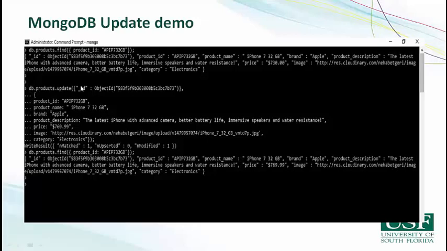In case we do not use this specific unique ID while updating the product, it will create a totally new entry with the details for the product. And we do not want any duplicates of our product, so we are using our unique ID to update our product. After running the update command, if we use the find command to see what has been updated, we can see that the price has been updated to $769.99 from $730.